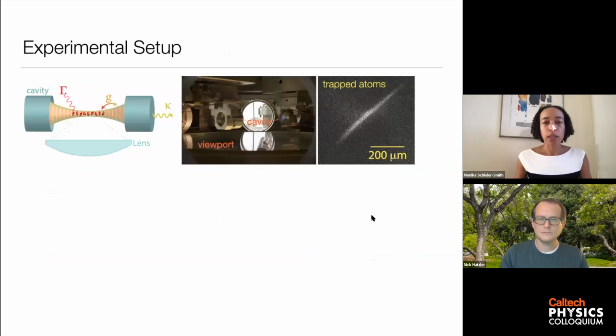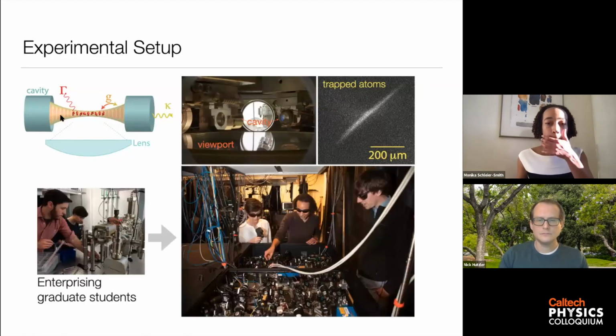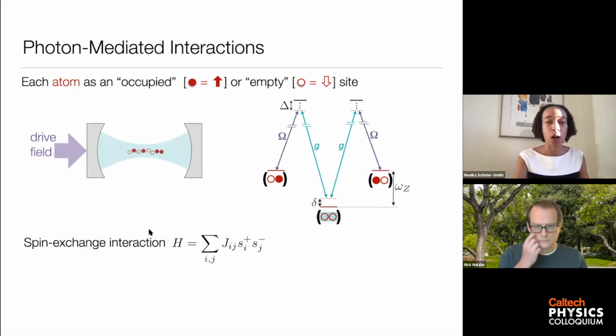In our particular case, the first experiments I'll show are working in a cloud of about 100,000 atoms that are trapped in a standing wave of light between two mirrors. That standing wave basically means that the atoms' positions are confined along this long direction, and so the dynamics we will be thinking about will occur just in the spin degree of freedom. Okay, so here are some of the students who work on this experiment, and when they want to make their atoms interact after they have built up all these optics, it comes down to basically turning on a laser field that